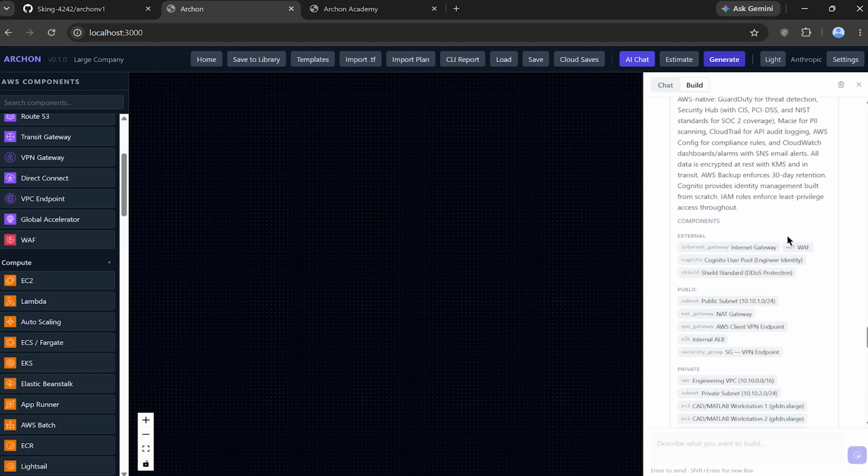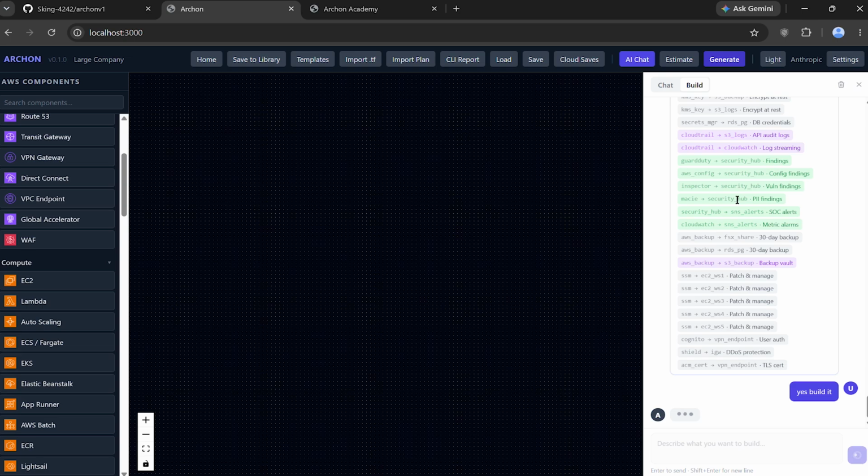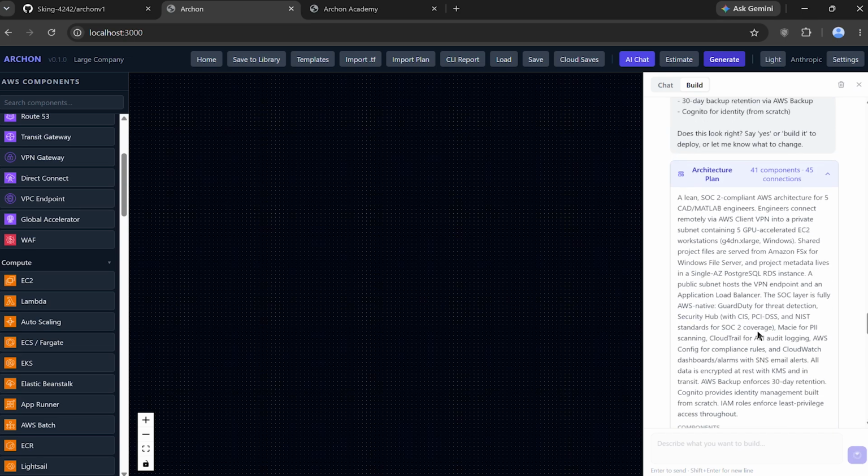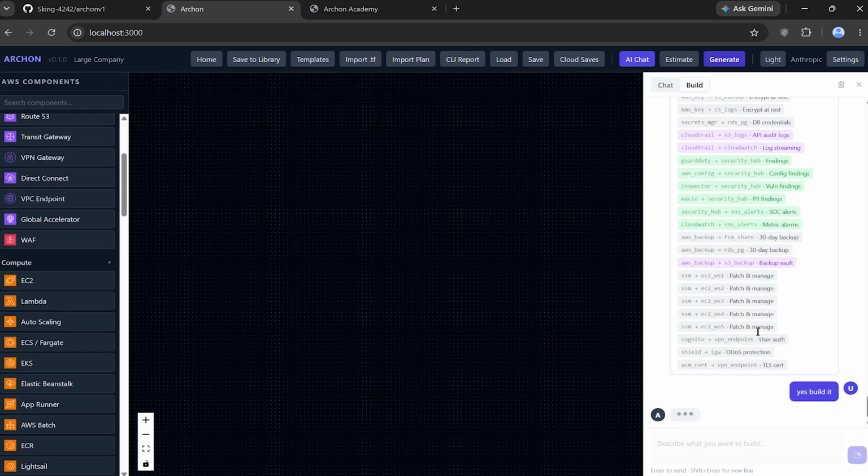Okay, so here is what it has now in its system for what it's building out. External gateway, we have WAF, Cognito, Shield, all those fun things. I'm saying build it, so it's building it, and then we should be able to just click apply to canvas, and it will all show up here, which is kind of nice.